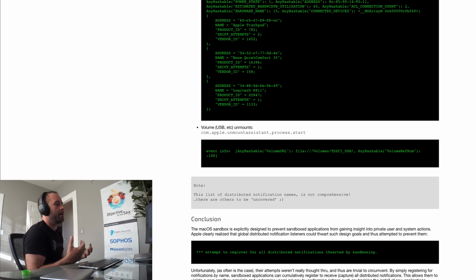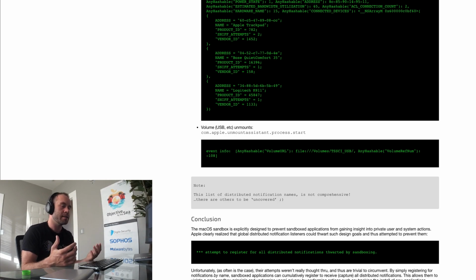So unfortunately, it's up to people like myself or other security researchers to reverse engineer the operating system and dig around for these bugs to see how Apple has implemented them. And as is often the case, there are flaws in this technique. So good news is I reported this bug to Apple, and I'm sure that they eventually will fix this